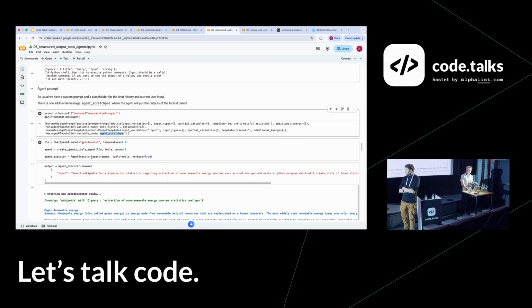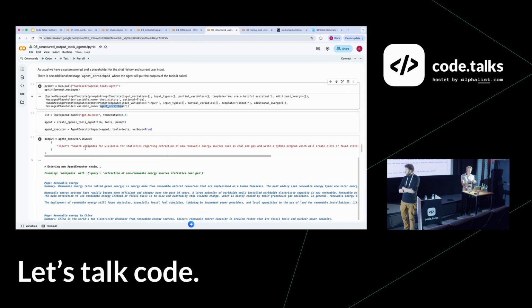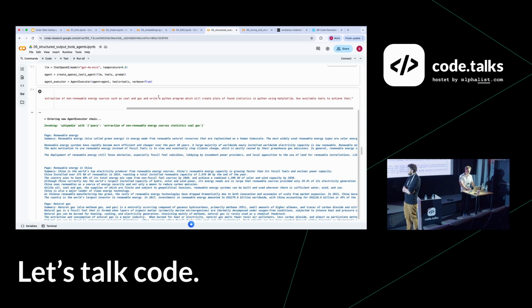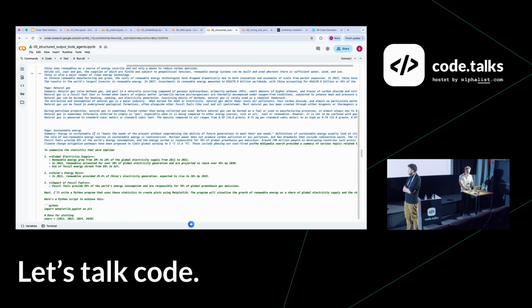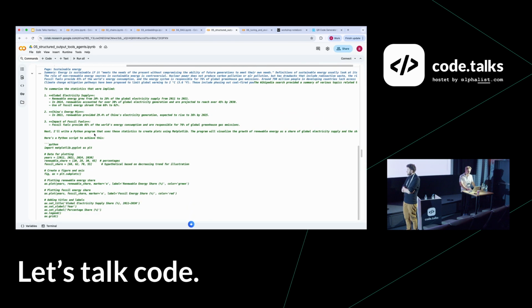Okay, we define the agent and we run it on a query: search Wikipedia for statistics regarding extraction of non-renewable energy sources, and write a Python program which will create plots of found statistics using matplotlib and so on. So what it does, it queries Wikipedia, it gets that information, and it writes the code to